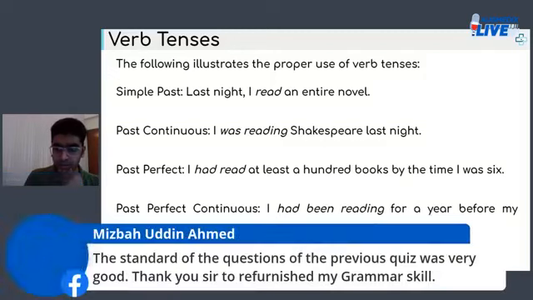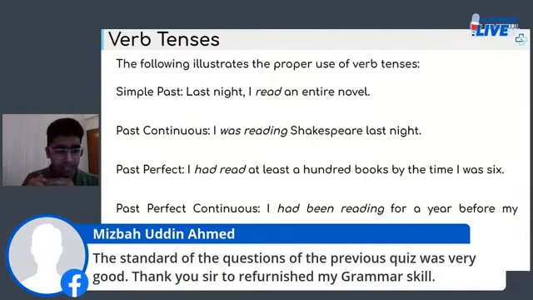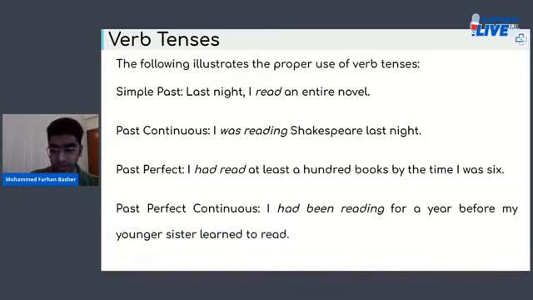Okay, there's a remark from Ms. Baldwin Hamadas saying, the standard of the questions of the previous quiz was very good. Thank you, sir, for refurnishing my grammar skill. Okay, you're most welcome. I'm glad to know that you're being helped. Alhamdulillah, that's where I come to feel good, when I see that, all of you